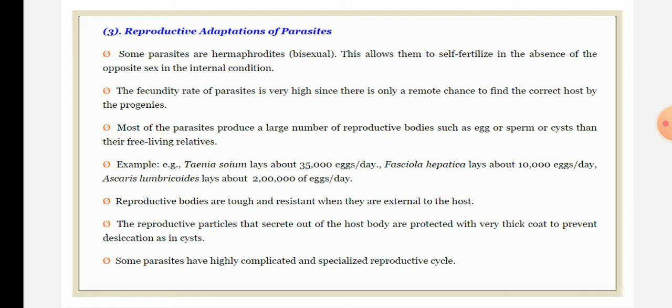In order to attain a well developed reproductive system, parasites show hermaphroditism. It is very problematic to reach a mate, and mating is also species specific. So in order to reach their mate, most of the helminthes, that is trematode and cestode parasites, have attained hermaphroditism, that is they exhibit self fertilization.